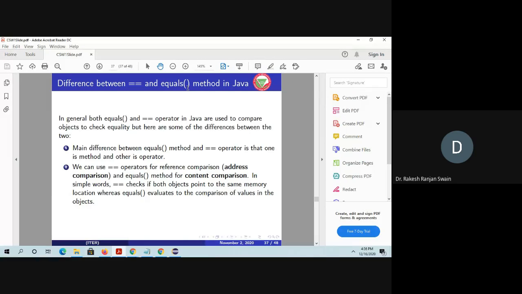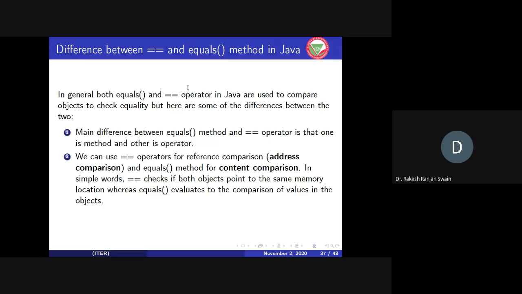See, in general, both the equals method and the double equal operator in Java are used to compare objects to check equality. Both are used to check equality, but there are some differences.